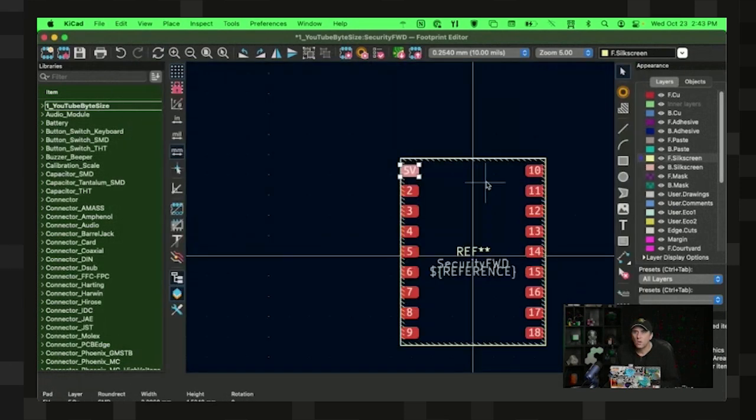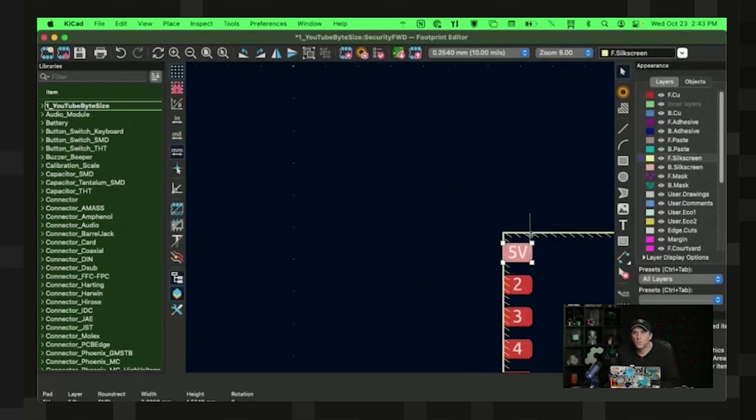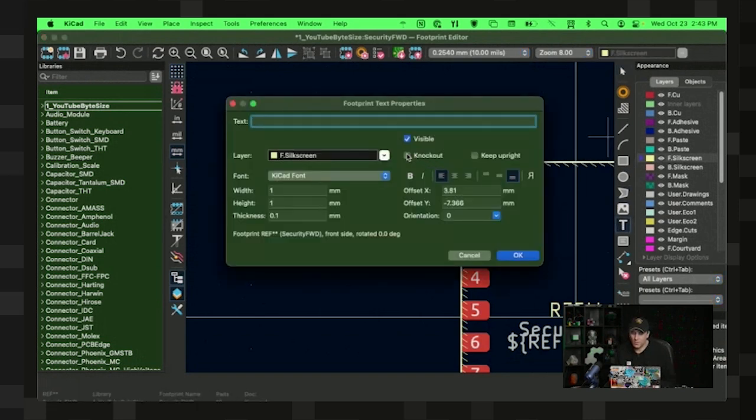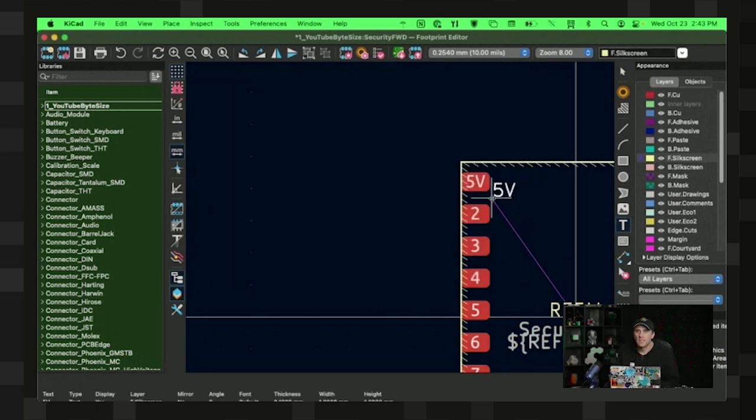And then if we also want to make sure that the person who's putting this together is able to reference it properly, we can select the text tool. And then let's say we do 5 volts, and we can then place that right next to this. Also, if we wanted to rotate it, we could do that here. So let's say I want it 5 volts this way. I don't know why I would want that, but let's just say that that's the way I do. Place it. And then when I do Option E,